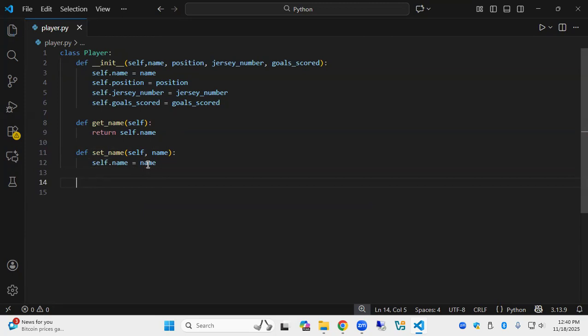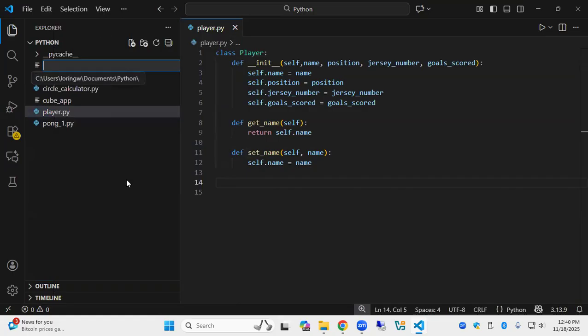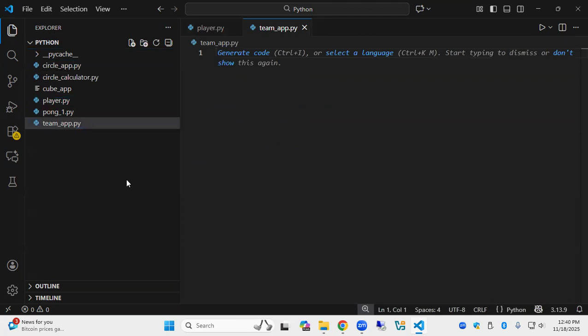So far, so good. Well, we haven't done anything to test any of this yet, have we? So, let us create our application file. So we are going to have, I'm just gonna call it team app. I think that's what I called it, didn't I? Sports team. Yeah, I'll just call it team_app. The reason I'm putting app in there is to distinguish that that is the application that's going to run and use